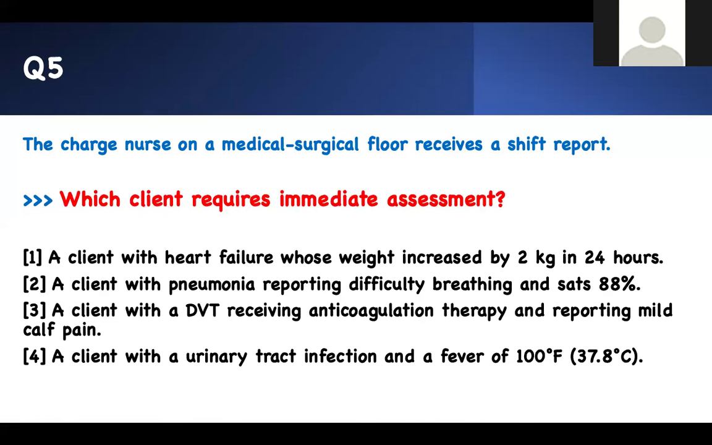a prioritization, immediate, right? A client with heart failure whose weight increased by 2 pounds in 24 hours. I don't like that. Exacerbation of heart failure. Unless there's anything better than that, you have to know the numbers, right? 2 pounds in 24 hours is bad. A client with pneumonia reporting difficulty breathing and a saturation